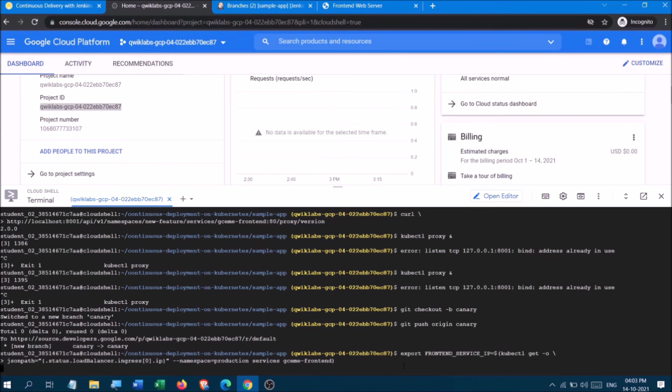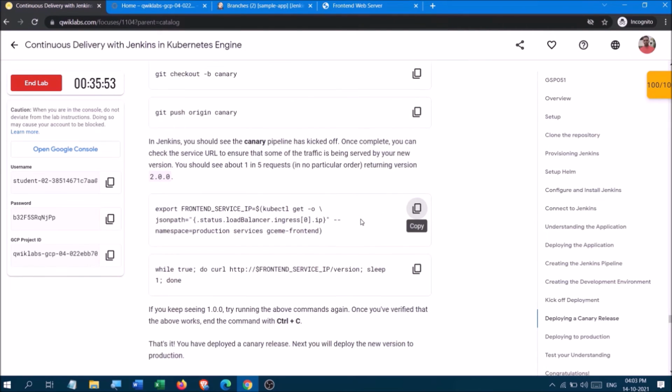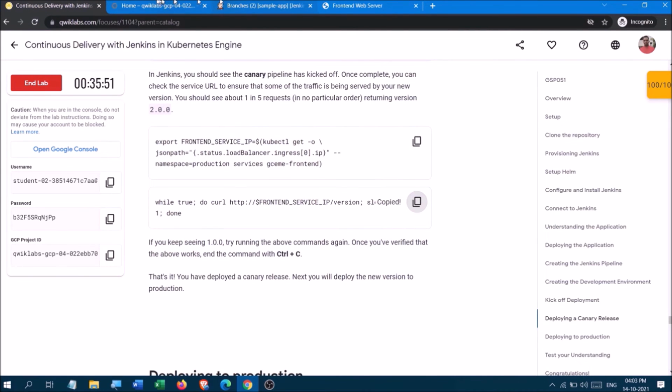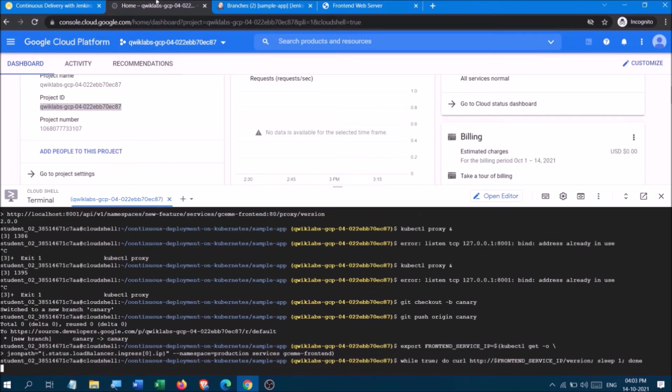Now we copy this command and copy this one also.